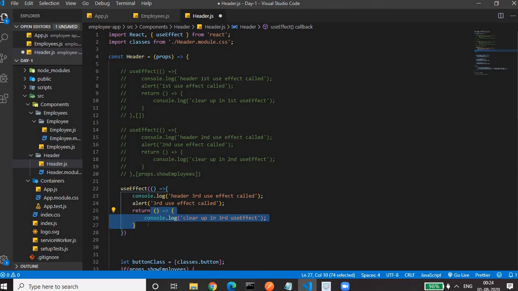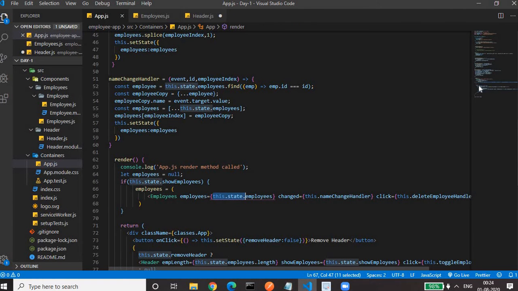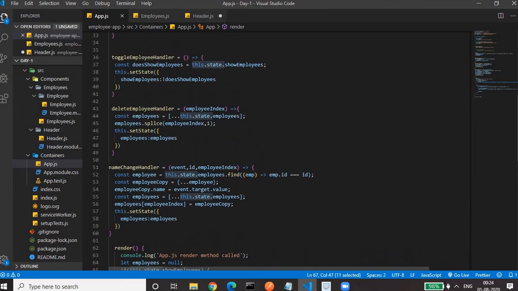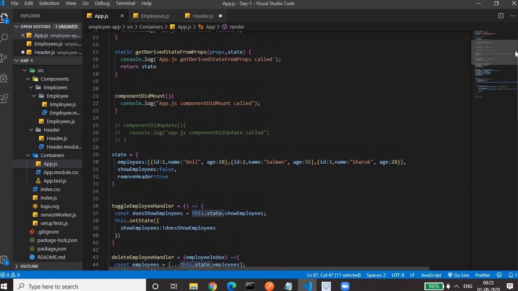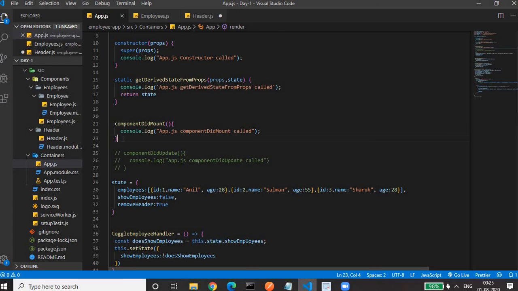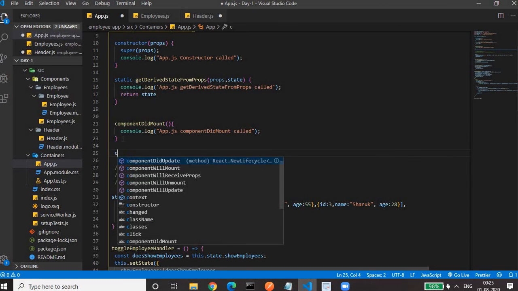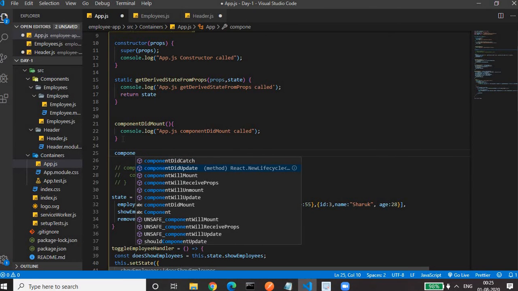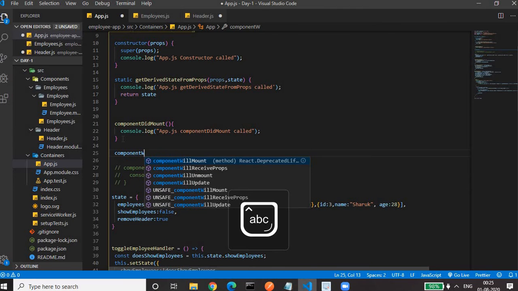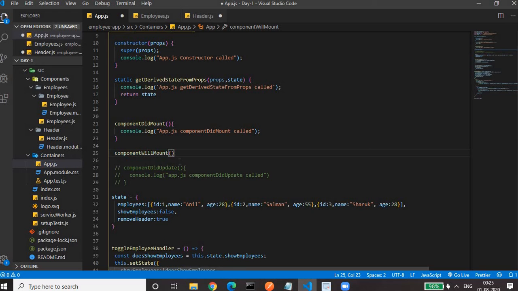And for the class based component, in that case we will do the cleanup operation in another method which is called componentWillUnmount. This is a method in which we will do cleanup operations.